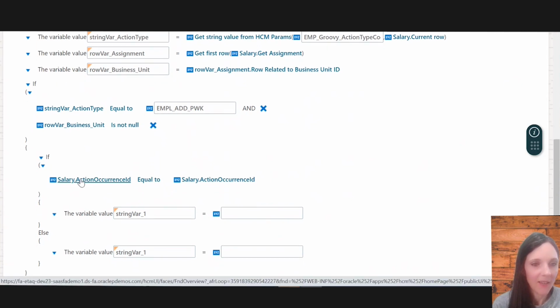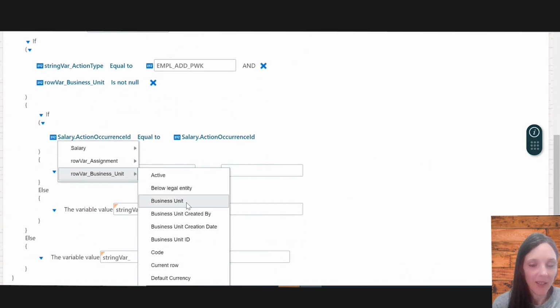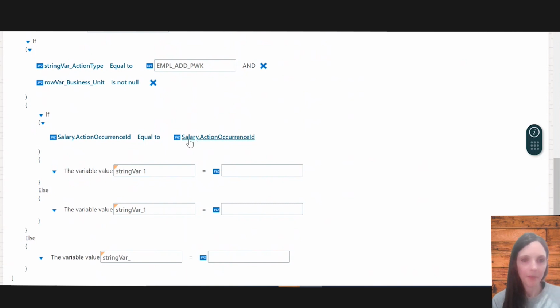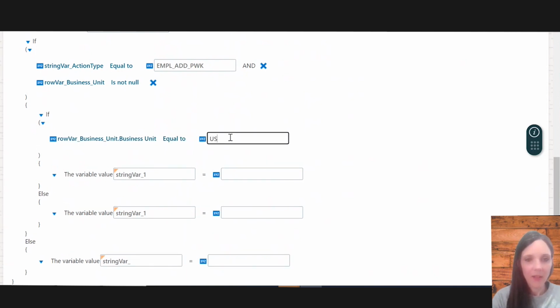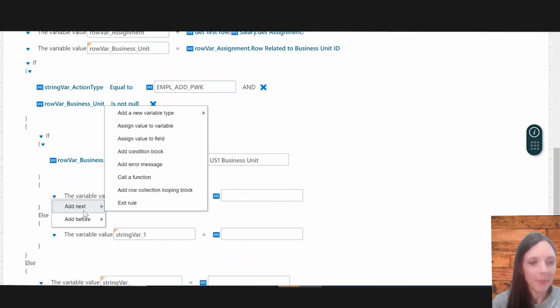So I'm going to say change this field. I'm going to pull from that row var business unit name. US 1 business unit. Okay, so if it's equal to US 1 business unit,